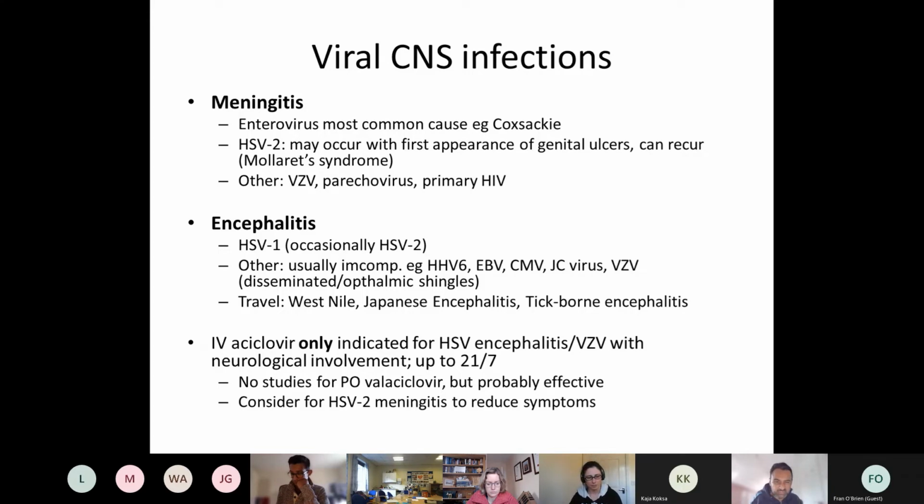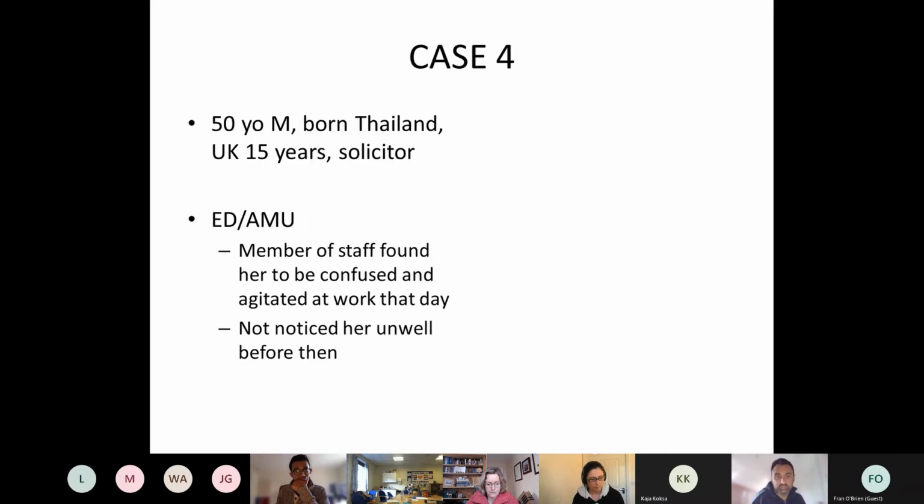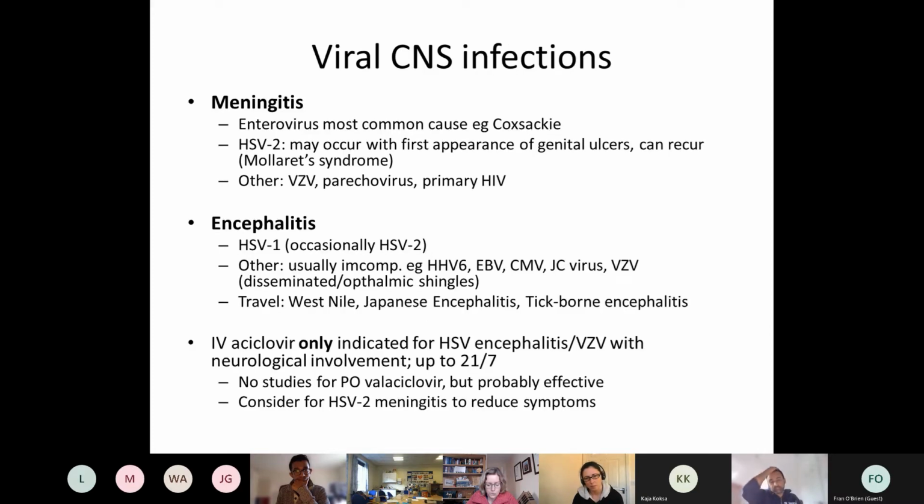We have to make a decision whether we continue treatment, which mostly needs to be in hospital, or whether we step down to oral. There's no evidence really for it, but because we know the bioavailability is good, we'd generally be happy in that scenario to switch over. In this case, the HSV2 meningitis, we know the oral version of acyclovir works, and that was mostly to reduce the symptoms. I spoke to the virologist about this case, and Julian Tang thought it would be a good idea, and also potentially reduce a very slight risk to the fetus as well.